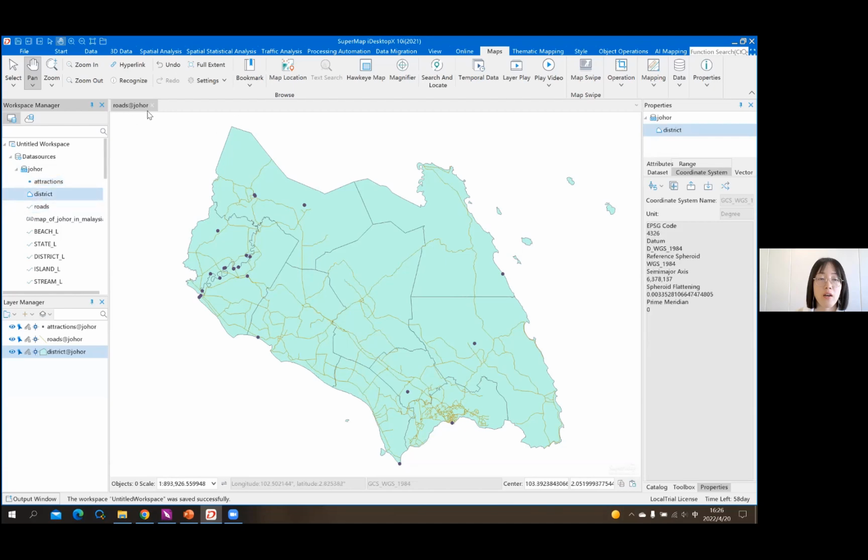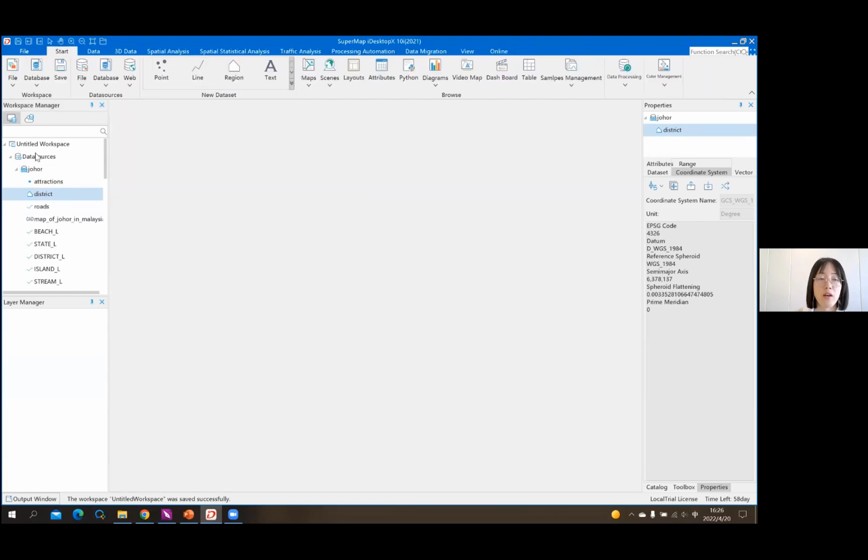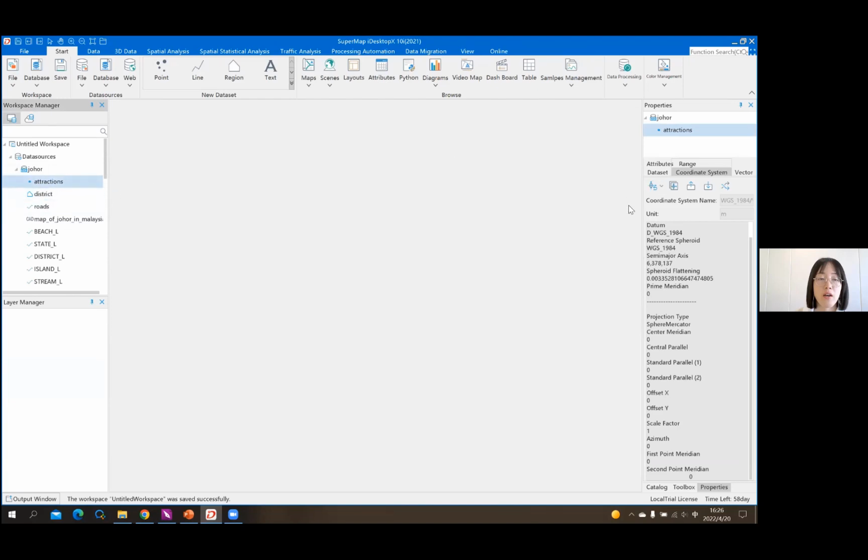And to do that, we should close this map window first, and then still select attractions, and then we can either transform its coordinate systems under this property tab. Here we can see on the right there is a button for projection transformation,